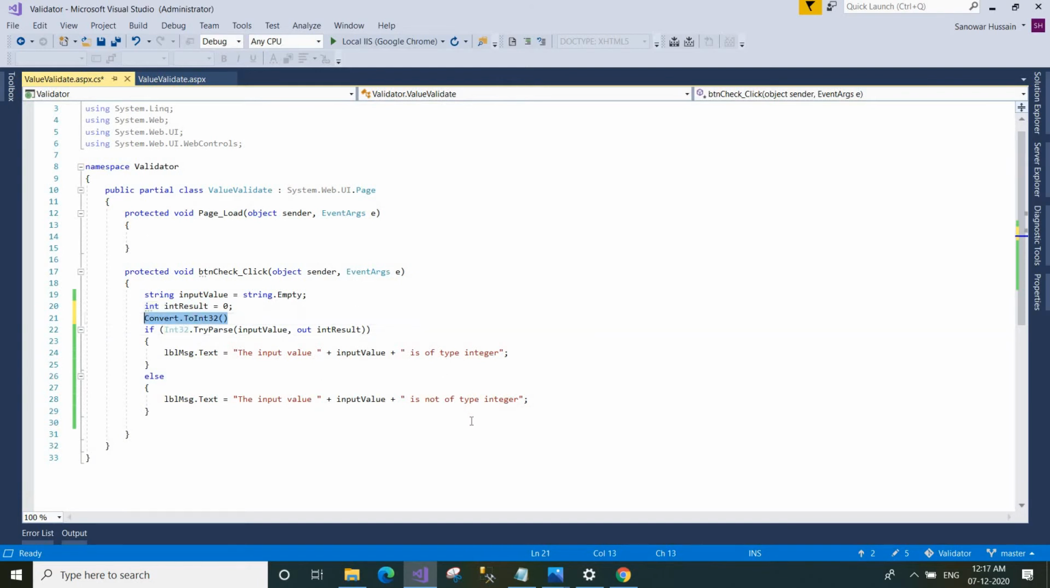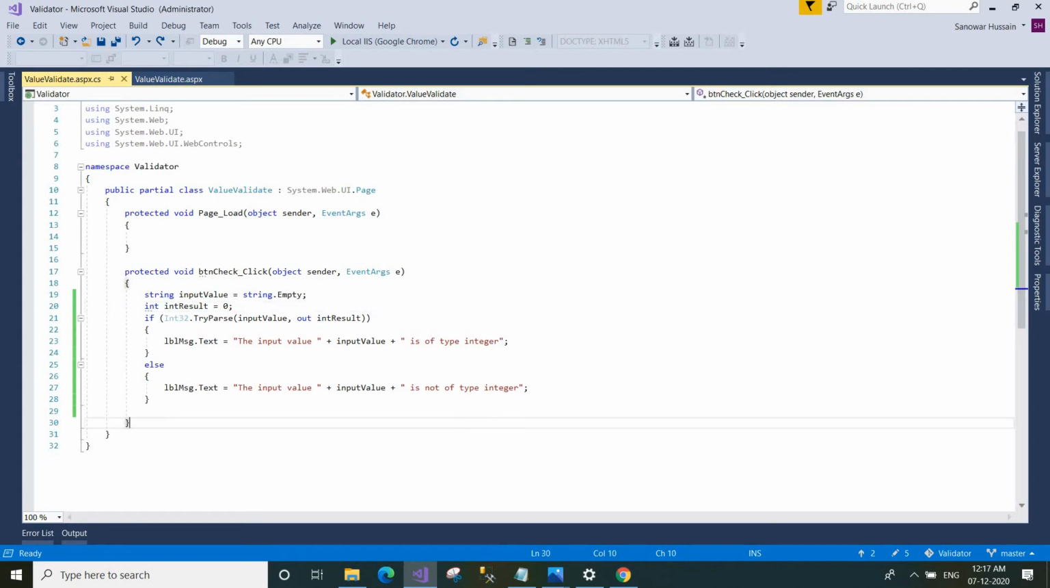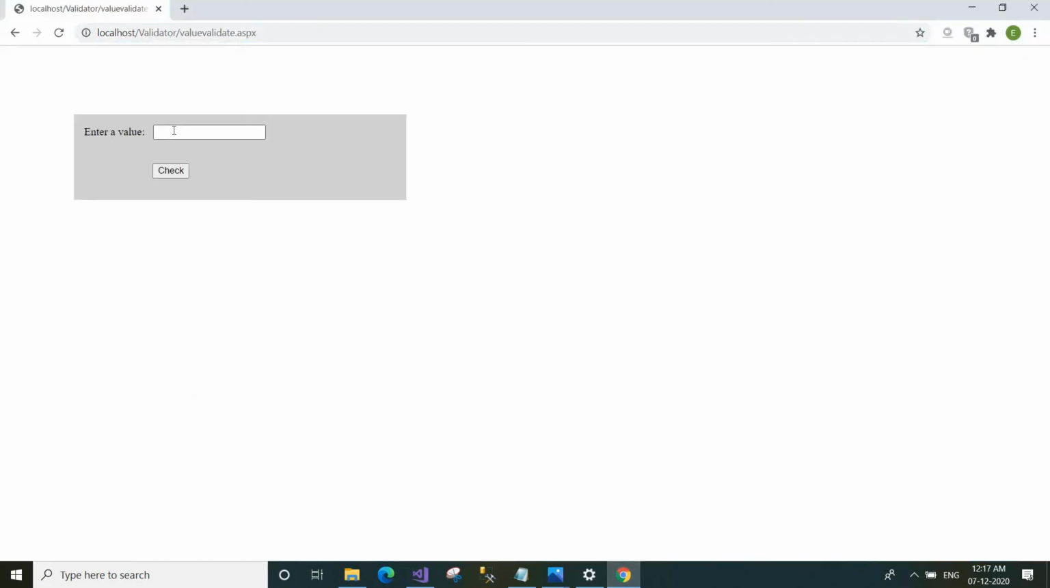Let us put a value here. Suppose a double value we are putting here, and we will check if this value is integer or not. Check. The input value is not of type integer, because it is a double value actually. If we give 100 as a value and again click check,